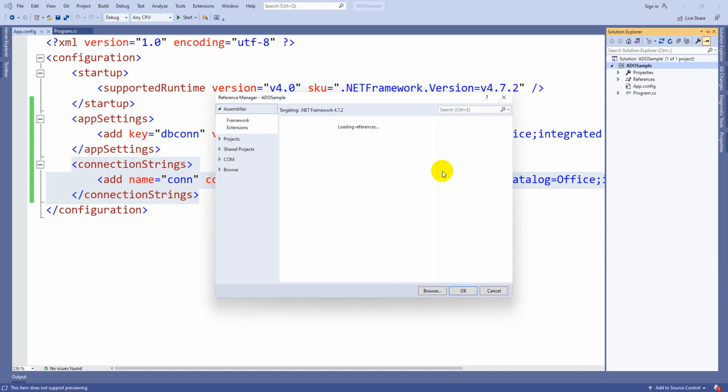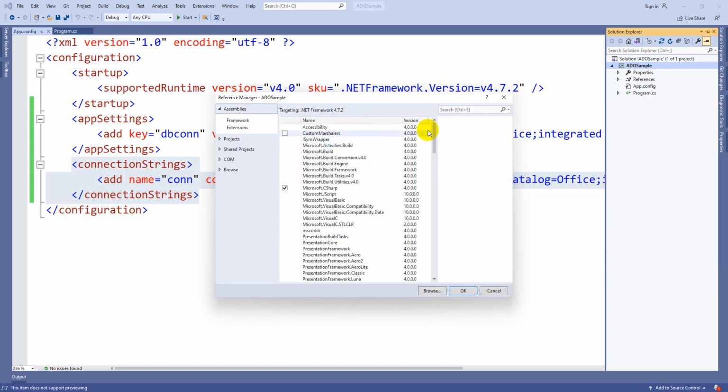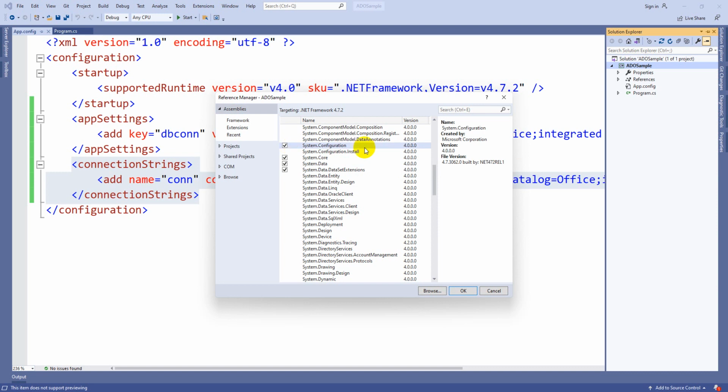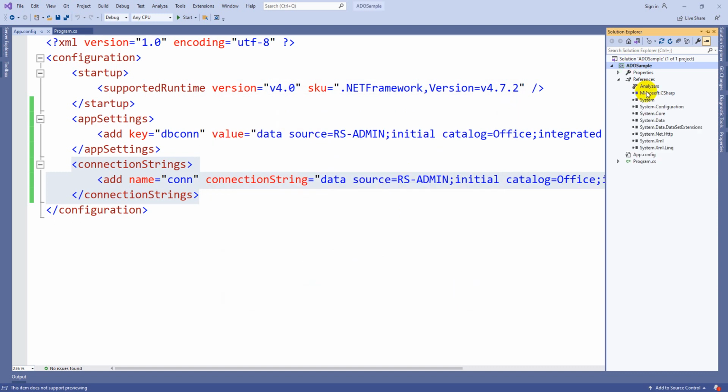Then it will load the list of available assemblies. From here you should import System.Configuration. You can see it here; select it and click OK. Then System.Configuration will get included into the current project.